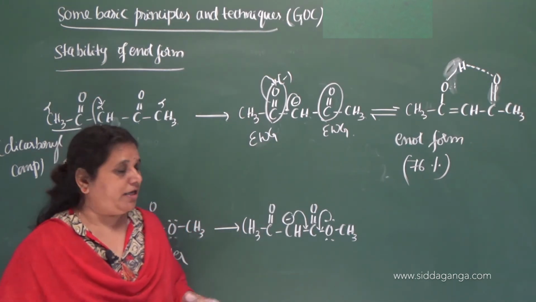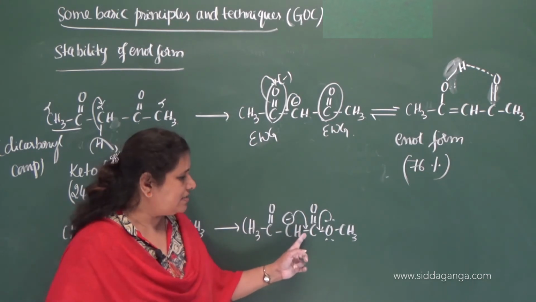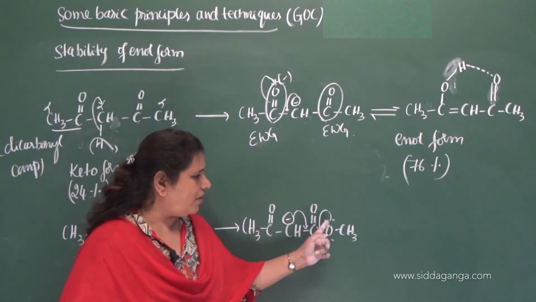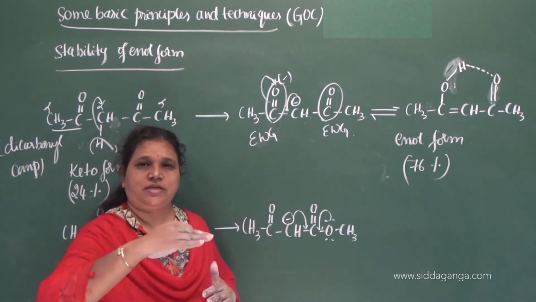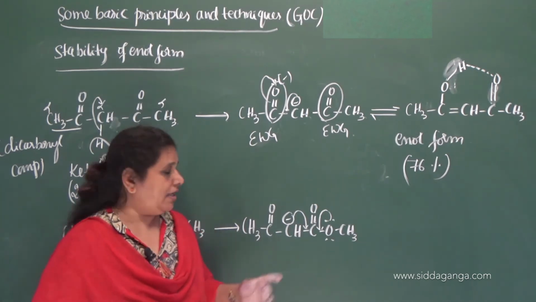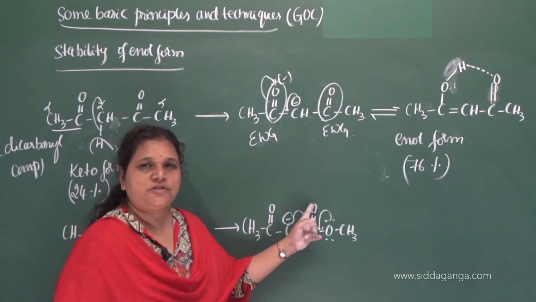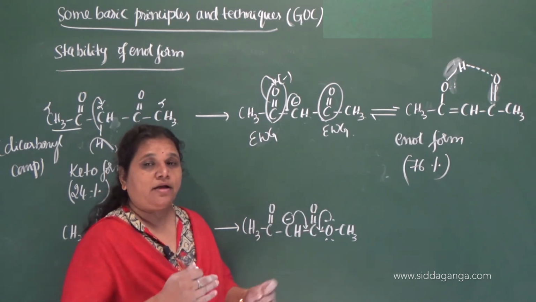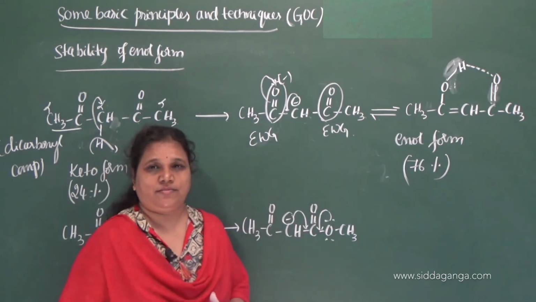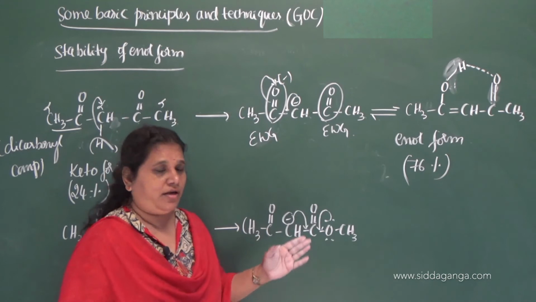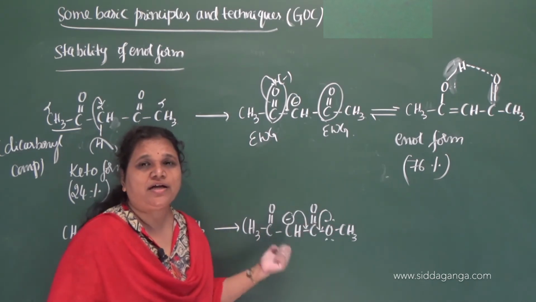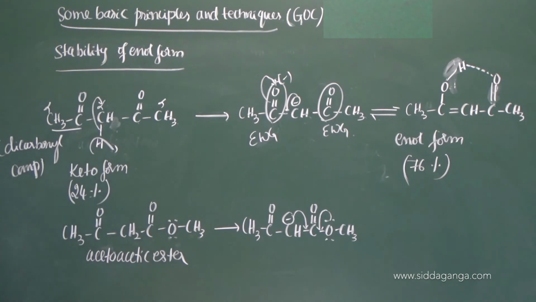The third point I have given, see here: negative charge, single bond, double bond, single bond and a lone pair of electrons. So in this molecule the conjugation is extended more than the third position. Now if the hydrogen has to shift, it has to shift to the third position, 1 2 3, but conjugation is extended up to oxygen. So this is called extended conjugation. Now since conjugation is extended, backward conjugation happens. So I will give the example for the same here.